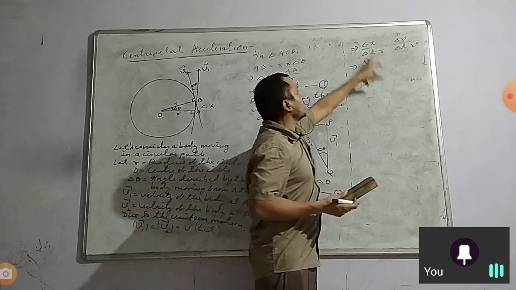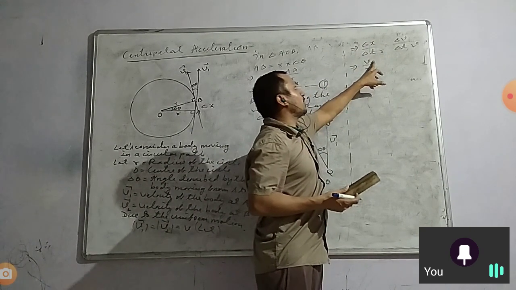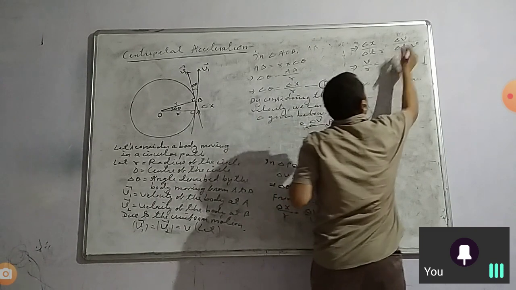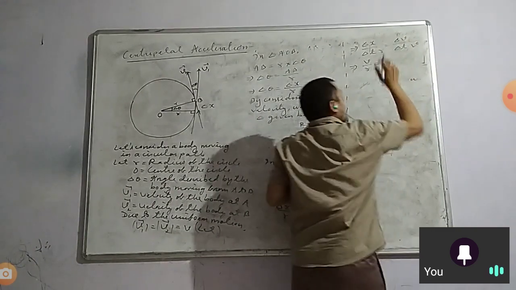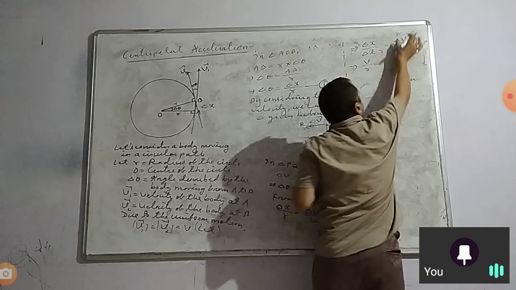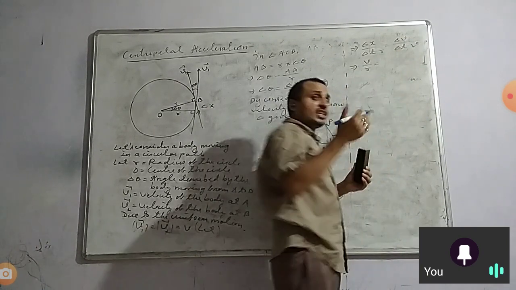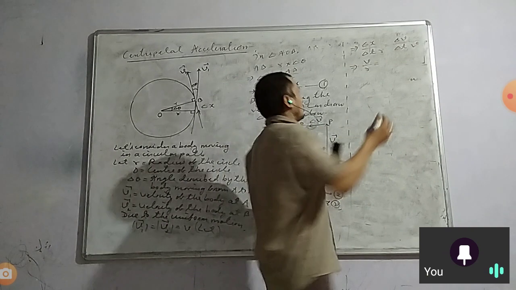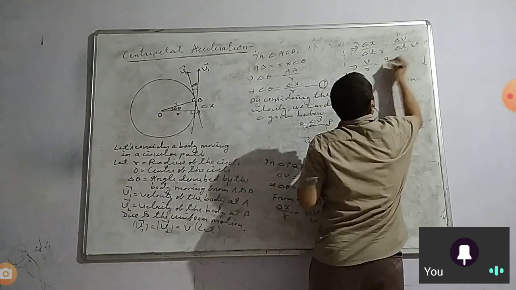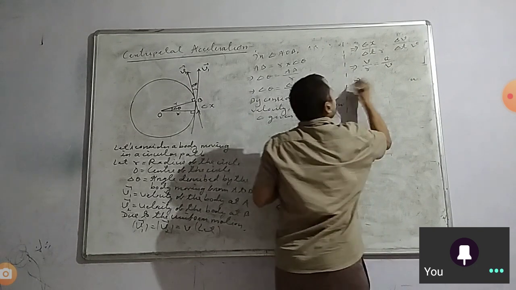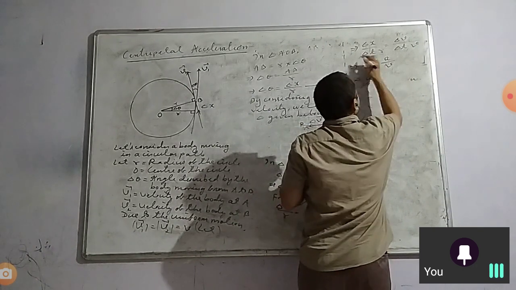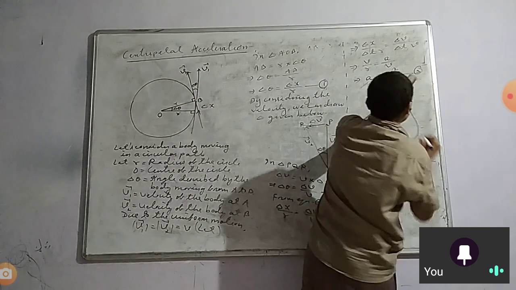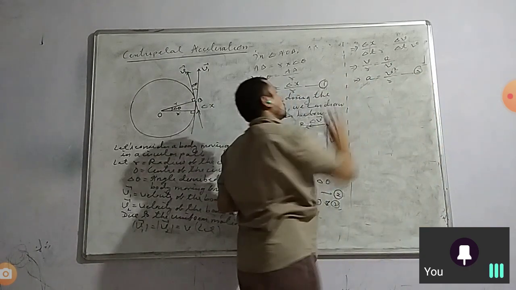So in case of delta x upon delta t, I am writing V upon r, and this is equal to delta V upon delta t, limit delta t tends to 0, which we can write as dV upon dt, and this rate of change in velocity is called acceleration. So we can write A upon V. So acceleration we are getting is V square upon r. This is equation 3, suppose, and this is the acceleration we are getting.